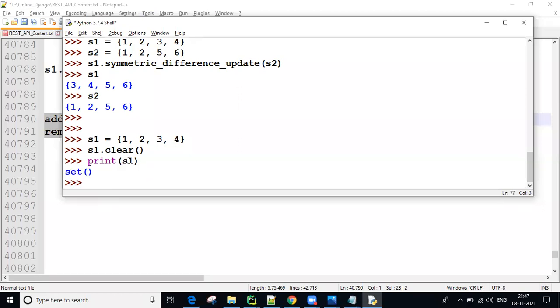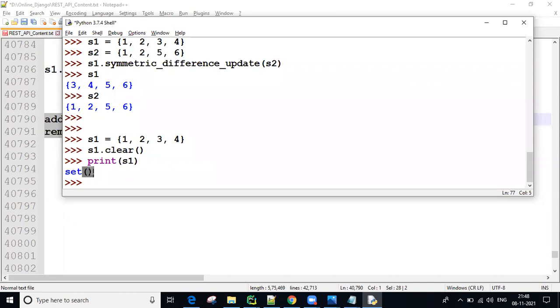Tell me now, initially what is the length? 4. After clear, what is the length now? 0. So the size varied from 4 to 0. In this case, is it called mutable or immutable?